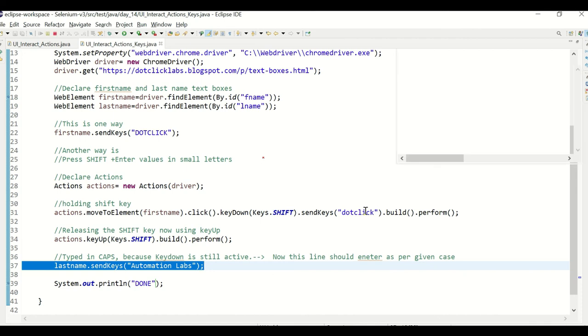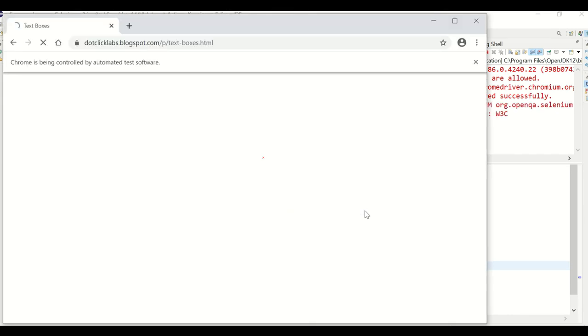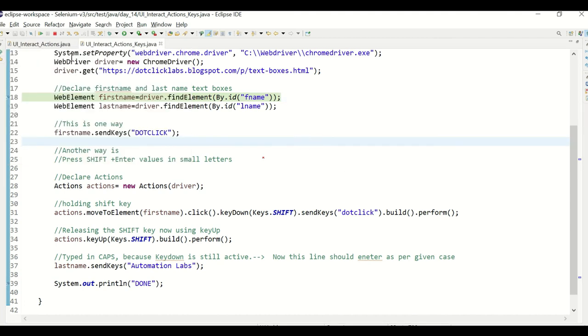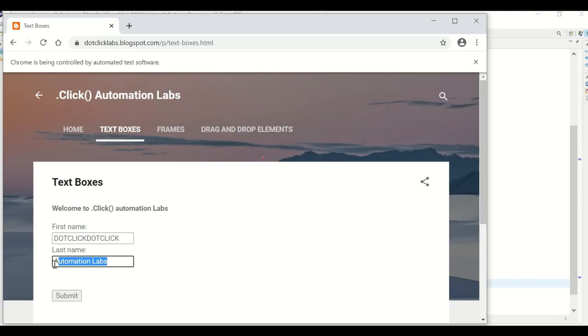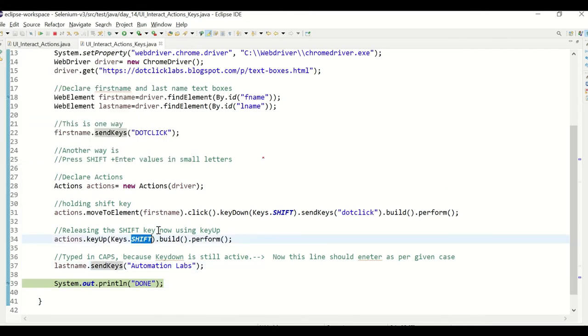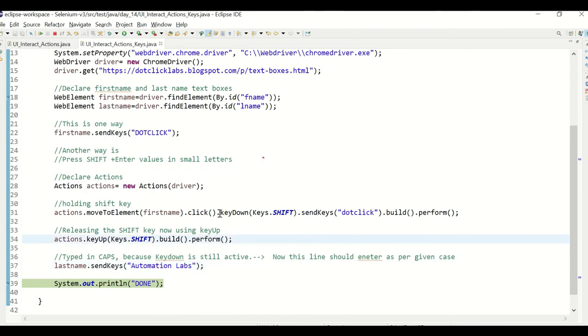Now it is opening this web page, driver initialized, moving to this web page. Okay, so now you see it's entered in the given case because key up released the key down of that shift key action. So this is how we work with the keys using keys up and keys down.